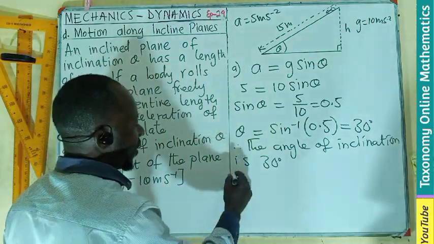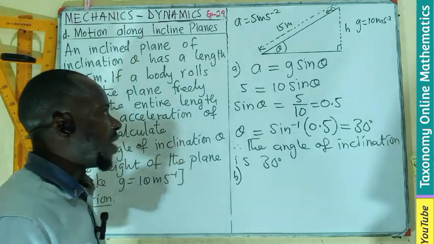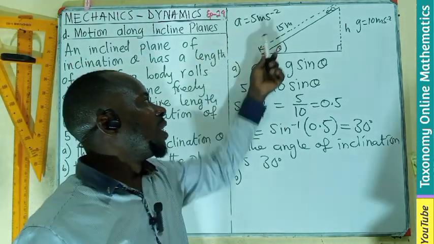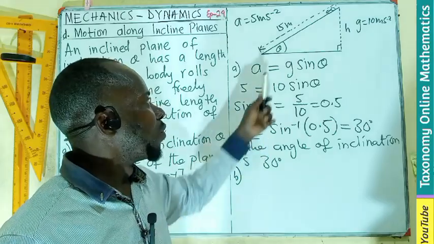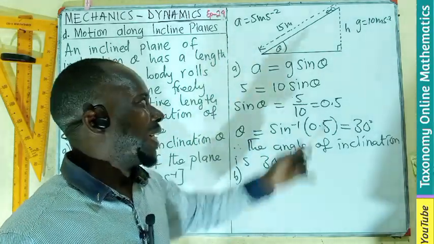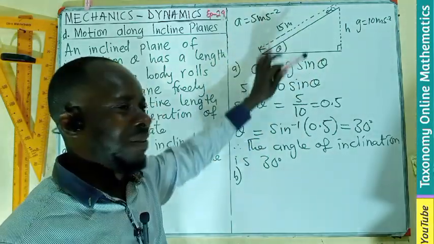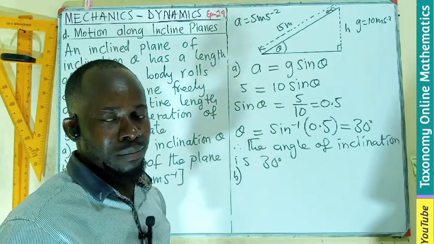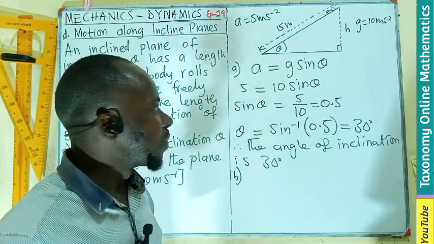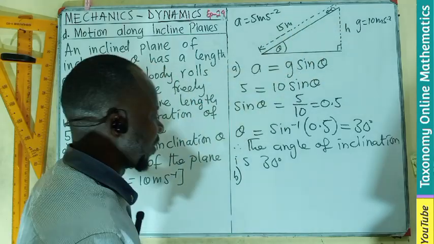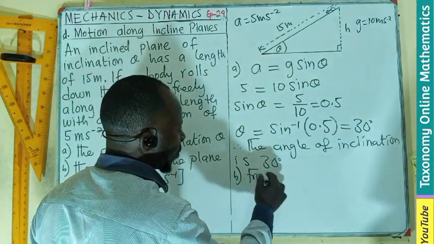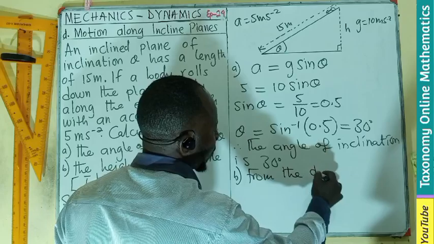Now, for the B, the only information provided here is we know the length of the plane. We also know the angle of inclination. Then we can look at this not as dynamics, but as trigonometry, which is the angle, opposite, adjacent. So I only say that from the diagram,